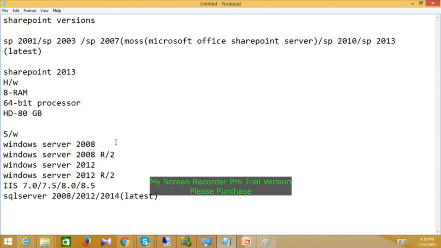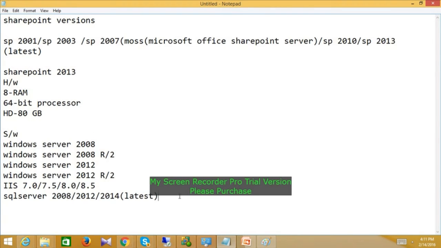You should not use a version of Windows Server below this, like Server 2003, because Microsoft has stopped support for 2003. It has been discontinued since April 2015.